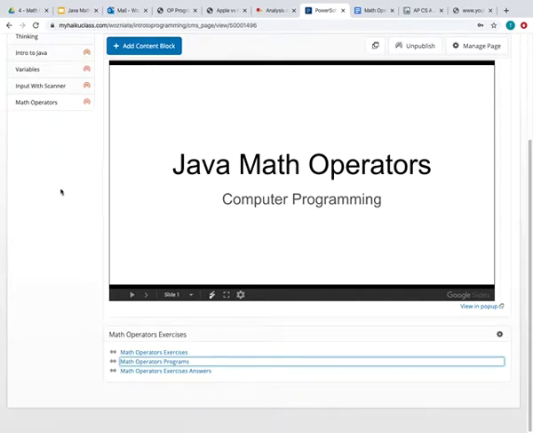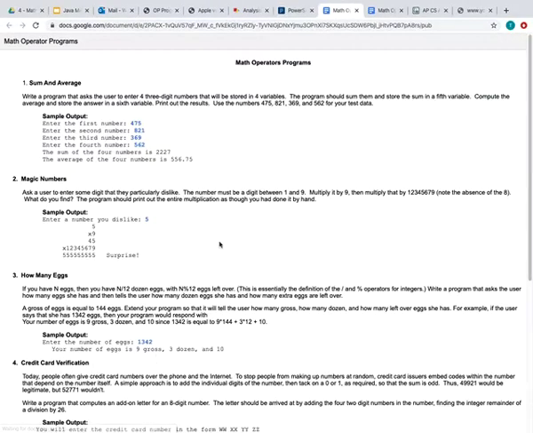Alright guys, so we're going to start talking about how to do some programming using the math operators that we talked about in the notes. If you go to the math operators page on our class website, the math operators programs will load up and give you some ideas about some programs that you need to write. We're going to go over number 1 together, and then I'm expecting you guys to do at least 2 more. There are some kind of interesting problems in there,